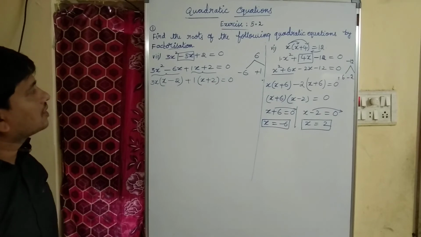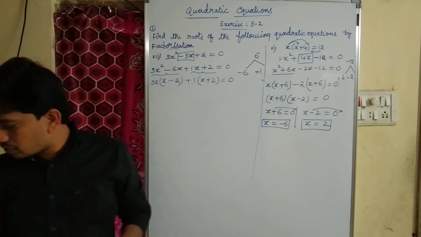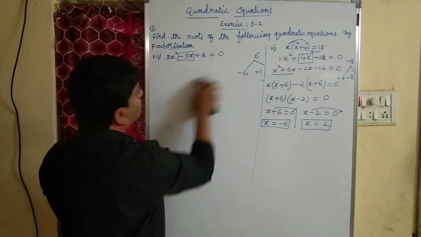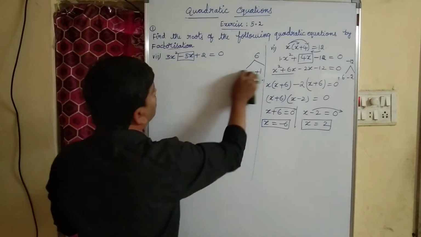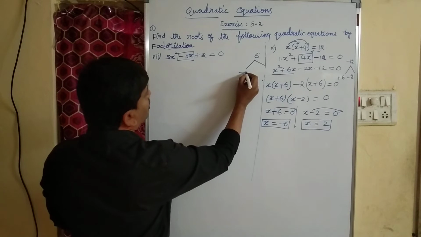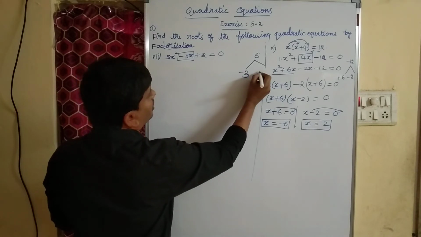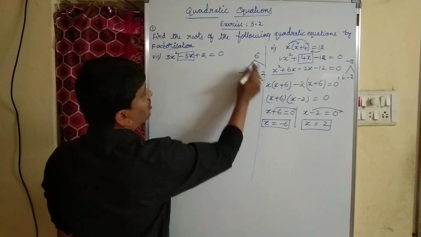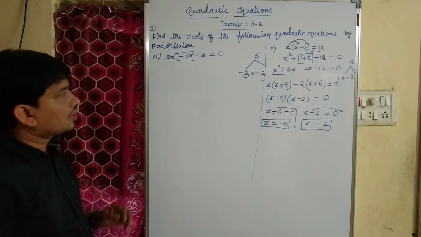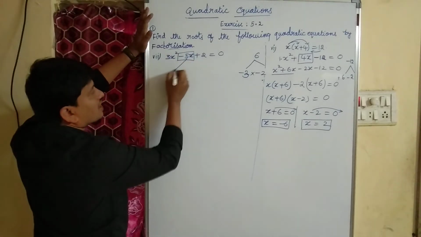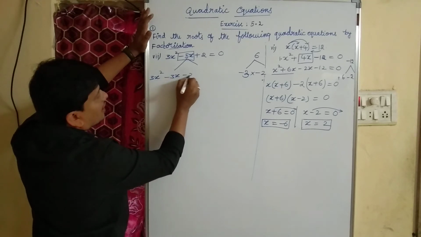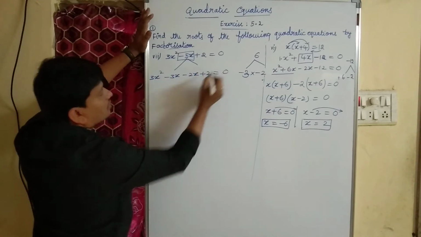2 into 3 is 6. So no, actually we took the wrong factors. See here, actually we should get minus 5 children. So 2 into 3 is 6, minus into minus plus, 3 into 2 is 6. See, we did it wrong. Okay, now how can I write minus 5x children? I can write 3x square minus 3x minus 2x plus 2 equal to 0.